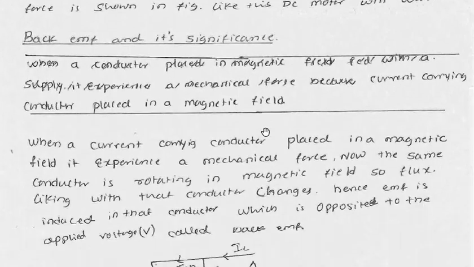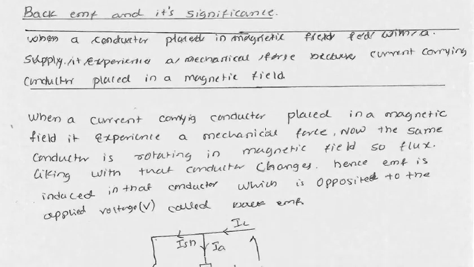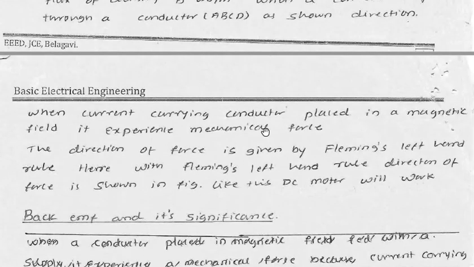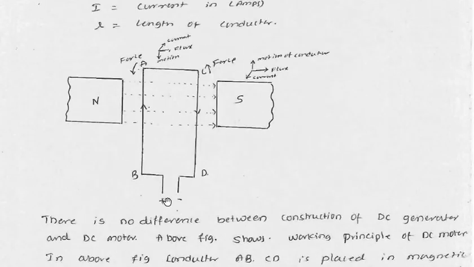Okay, there is something called a back EMF in the case of a DC motor. So what is a back EMF? Back EMF is a very important thing. We understood that when we give the supply, current will start flowing in the conductor, and this particular coil is placed in a magnetic field, so it will experience a force and it will start rotating. So just assume the whole armature conductors start rotating when we give the DC supply.